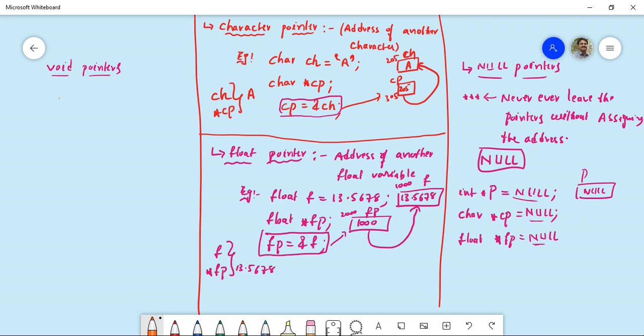In the previous discussions we have seen that an integer pointer is a pointer which is going to store the address of another integer variable, and a character pointer is going to store the address of another character variable. Similarly, a floating pointer is going to store the address of another floating point variable. So we have specializations in these pointers. That means the floating pointer can hold the address of the same type of variable, or the character pointer can hold the address of the same type of variable. But